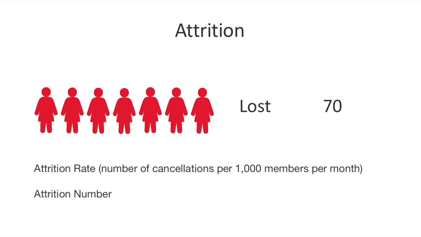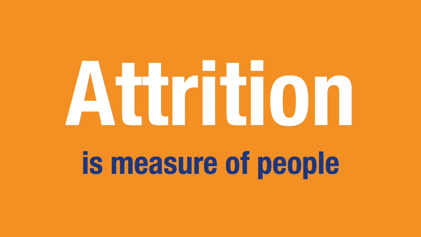Now, attrition rate is a measure of the number of people cancelling per month over a 12-month period. And you only take into account the people who've cancelled. You don't measure people who are still members because it will really confuse you in your figures. Now, when we do the attrition rate calculation, because we use the same method on every size club, as it's being reported against 1,000 members, we can compare different clubs of different sizes. And I'll show you a slide of that in just a second.